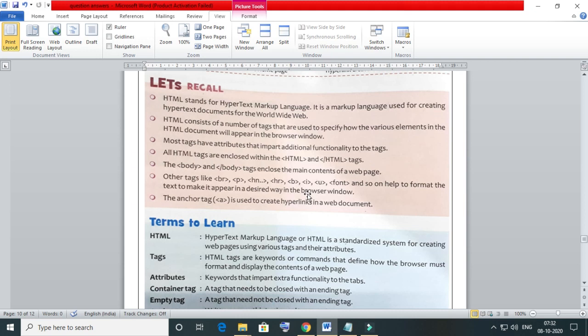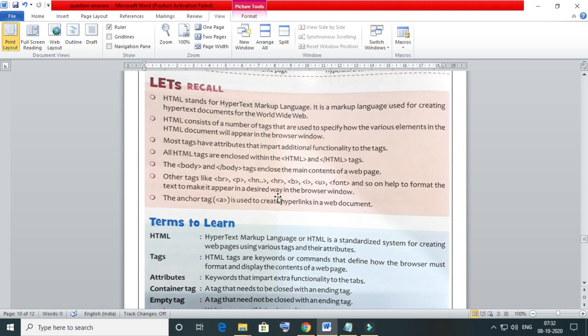HTML consists of a number of tags that are used to specify how the various elements in the HTML document will appear in the browser window. Most tags have attributes that impart additional functionality to the tags, like in the font tag we have font face, font size, etc.